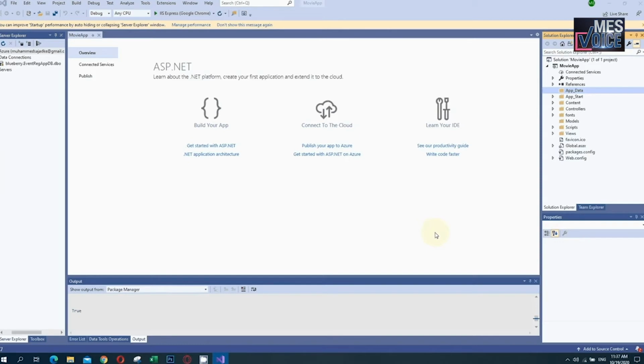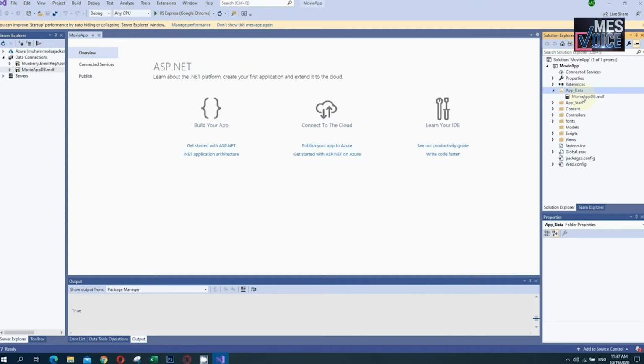We are creating this database because we have to store some data, and we have to deal with the data that is being handled in this application. Look at this, a database file is created over here. We have to access that data, right? So after creating the database, we have to connect the database to the application.